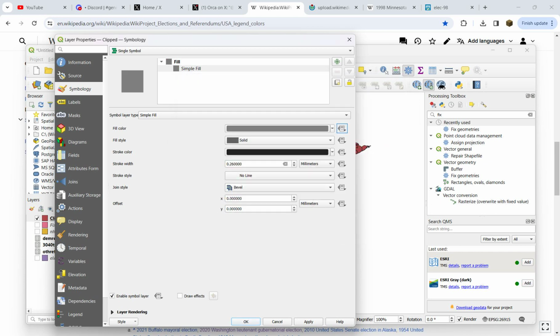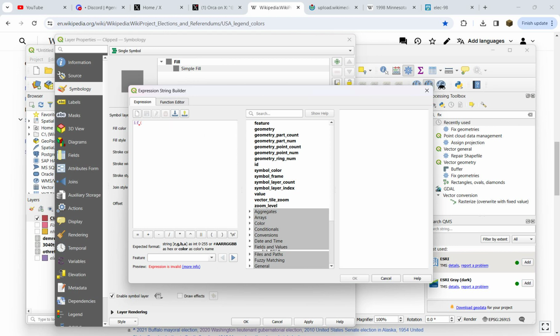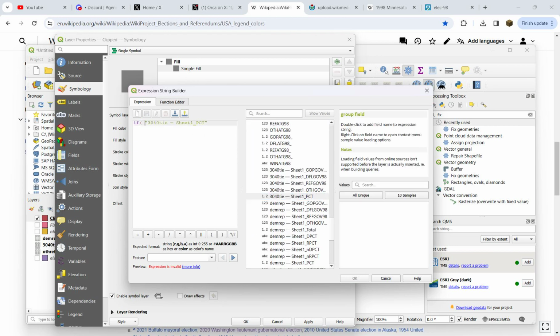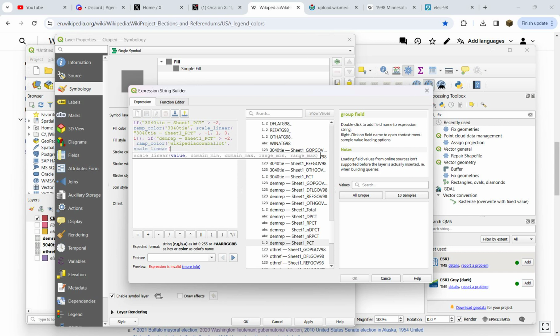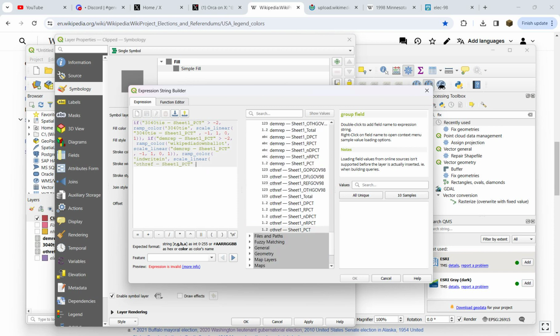Paste this in here, then go to edit, and then it's going to be if this is greater than -2, ramp_color 3040 tie, scale_linear, this, comma space, -1, 1, 0, 1, and then if demrep is greater than -2, ramp_color Wikipedia down ballot, scale_linear, this, comma space, -1, 1, 0, 1, and then finally we can do the end write-in color ramp, and that's going to be this one,